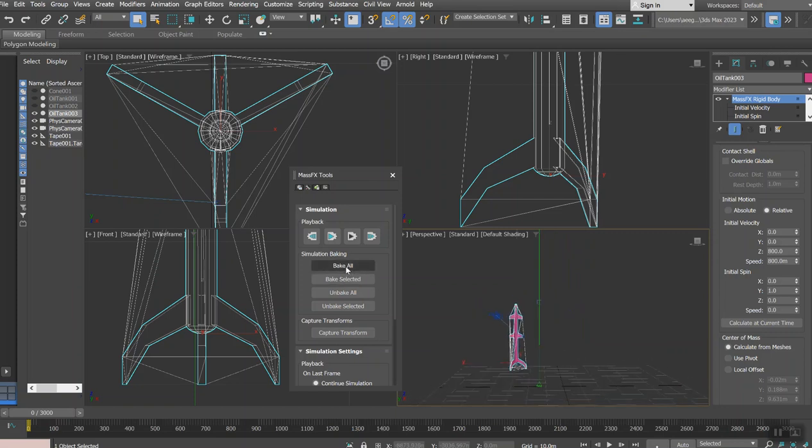And when I click bake all and play, everything will be recorded here, but I don't want to record it yet because 800 is not the initial speed that I need to have. It has to be higher than that, perhaps 830, 850. We'll see about that. All right, thank you very much. And I'm strongly suggesting you give it a try and see how it goes. In the meantime, I'm going to create a camera. I'm going to connect it to my